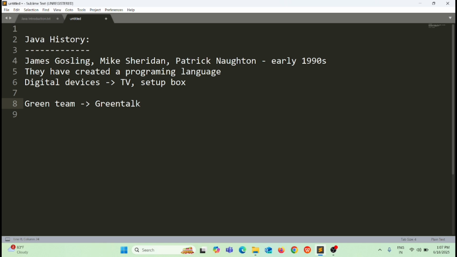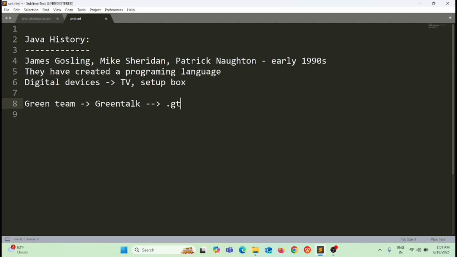In the 1990s, they did not say that this is the Java language. They said that this is GreenTalk. The language is called GreenTalk, and the extension of GreenTalk is .gt. This is the file extension.